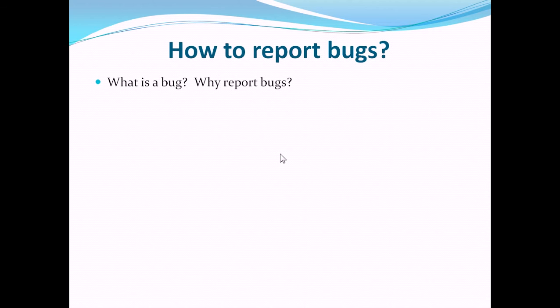A bug is a condition where your expectation and what the system is doing, or how the system is behaving, do not match. So basically a bug is a problem with the system. Why report bugs? Well, most systems are complex, and you have to give a number of pieces of information to the developer in order for them to understand what exactly the problem is, so that they are able to replicate the problem, understand it, come up with a solution and apply that solution on the system.